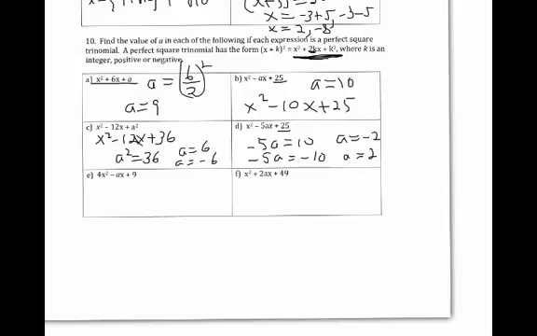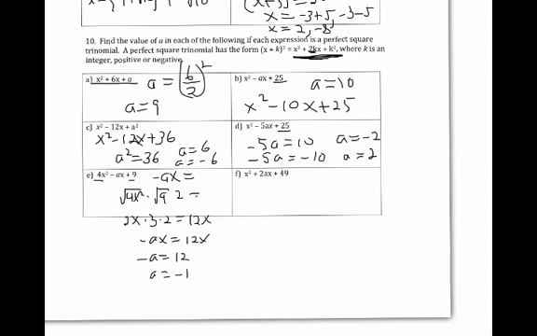For e, it's a little trickier. The way the perfect square trinomial works is that the middle term is going to be equal to 2 times the square root of the first term times the square root of the second term. So that means that negative ax has to be equal to the square root of 4x squared times the square root of 9 times 2, and that's going to give us 2x times 3 times 2, which is equal to 12x. So negative ax has to be equal to 12x, so negative a is equal to 12,